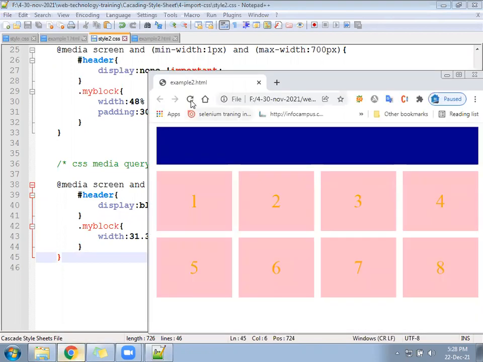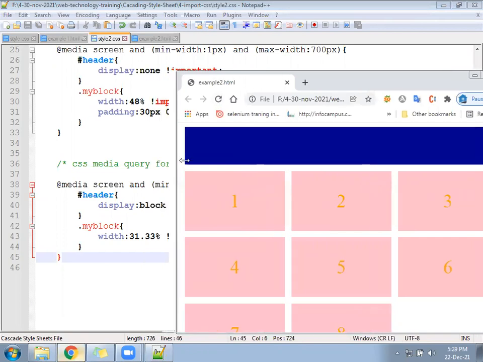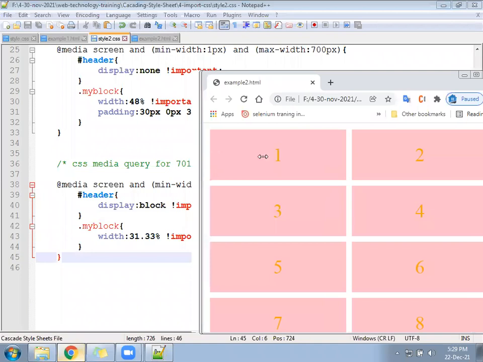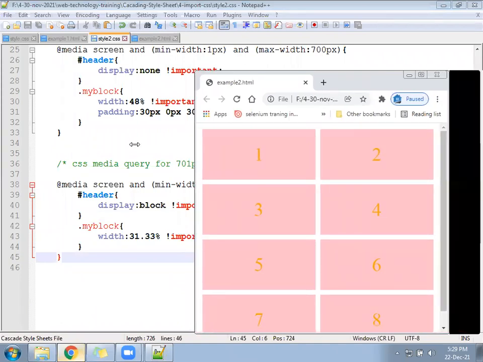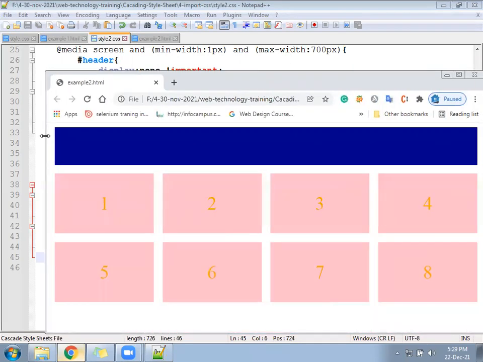On a medium device, you have a total of 3 blocks perfectly. On a little smaller one, only 2 blocks. The content will not compress; it will be freely displayed. Look here, perfect. On more than a medium device, how many blocks will it convert into? 4 blocks. But on a small device, the header will not appear.